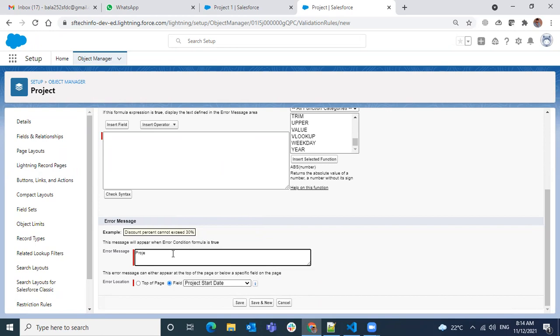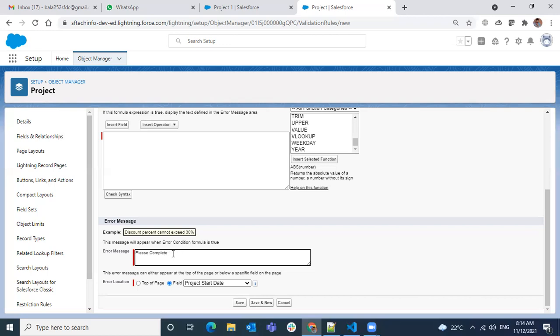You need not write everything like project start date is a required field. Please complete this field.